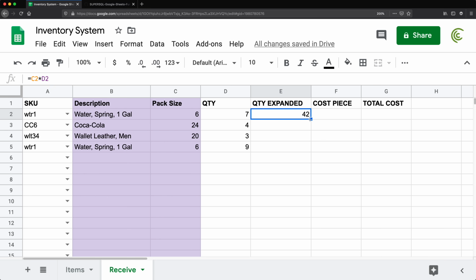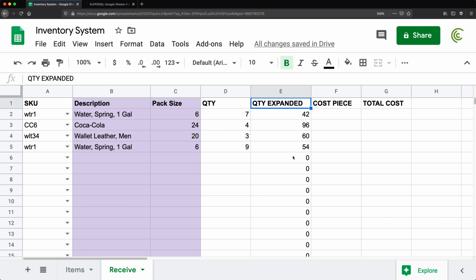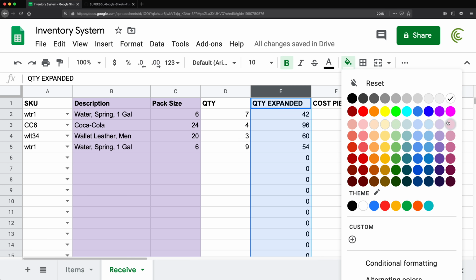So that's quantity expended. I'm going to double click, and that's going to drag that down. Apparently that dragged it up to here. Now I need this to go all the way. So if I drag this formula down, that just gives me 0 for all of these, which is fine. I'm going to stay with that. So 0 is okay. And yet again, I'm going to highlight that with a color so I know that that's